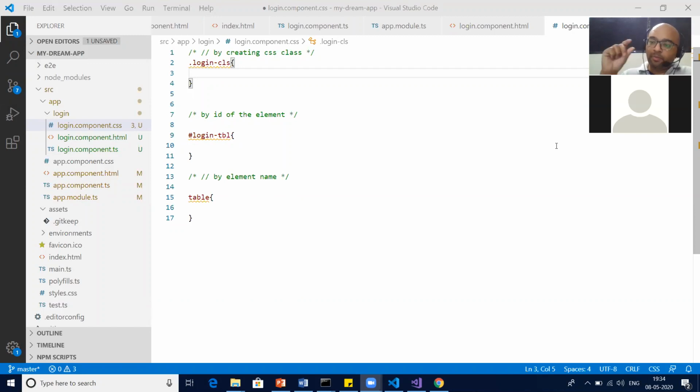When I'm talking about applying a style on a particular section of HTML, then I apply the ID. Then I put the style at the ID level, which means I want to style a particular, fixed element, no group, only that particular element. Then I need to apply the style as per the ID. And then finally is the table.